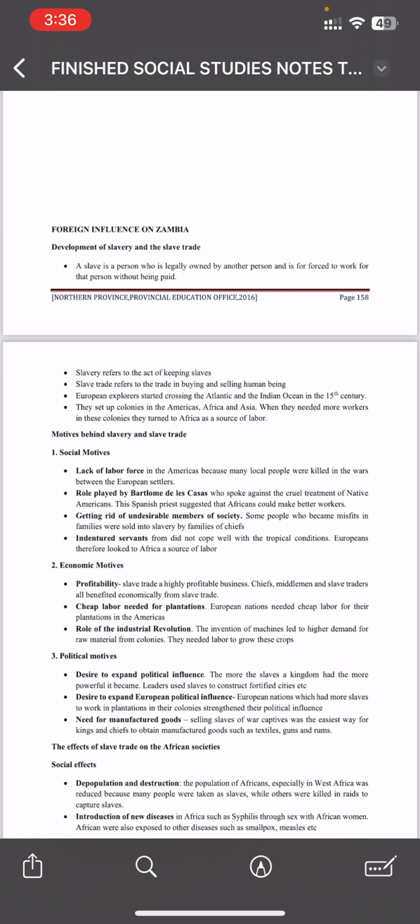Indentured servants who did not cope with tropical conditions. There were local Europeans who could do the work, but they could not cope with the harsh weather conditions. So that is why they looked to Africa. Then under economic motives,